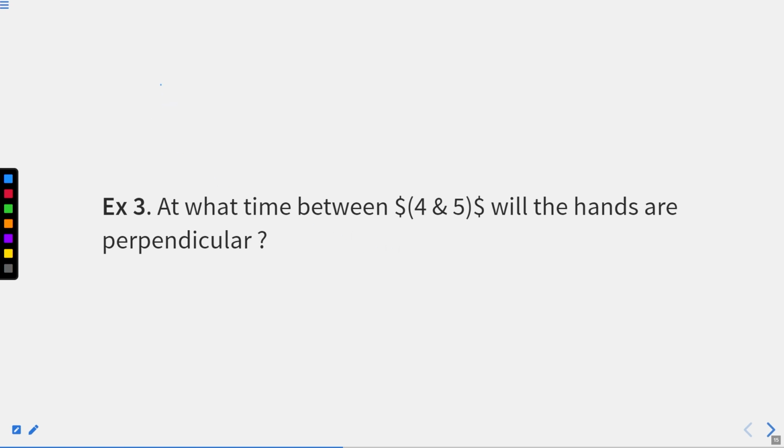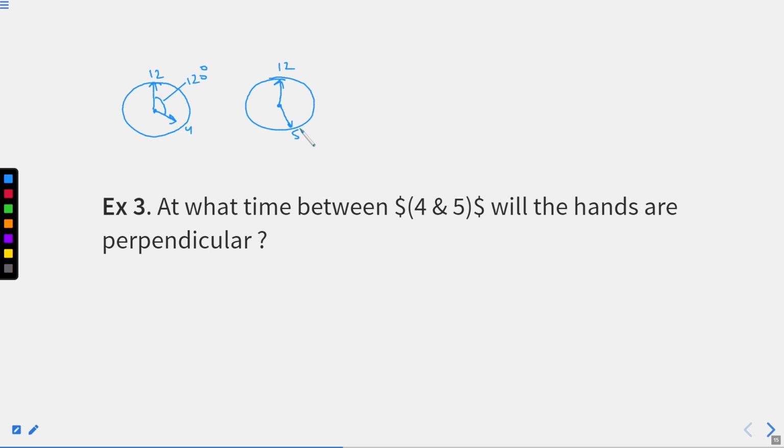So we'll draw. You're not supposed to draw the clock again and again. I'm drawing it just to explain both the answers, right? So this is the center. Now this is the situation where 4 o'clock is there, right? And this is the situation where the time is 5 o'clock. Now initially the angle is 120 degrees.